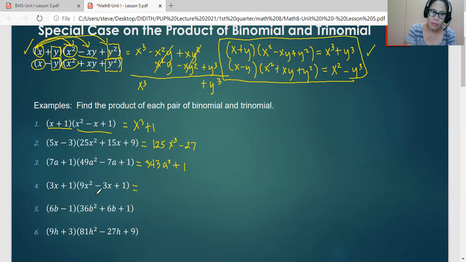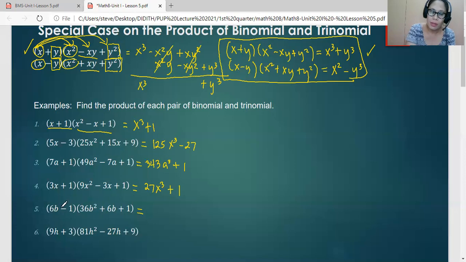So this is like getting the cube of the first term. So we have 3x times 3x times 3x. So we have 27x cubed. And the cube of the second term of the binomial factor, 1 cubed. So we have 1. For number 5, the square of 6b is the first term of the trinomial factor, while